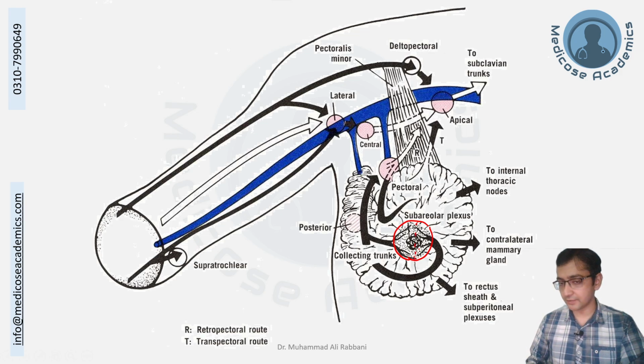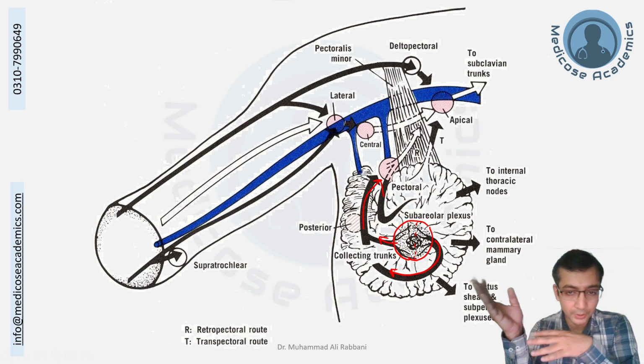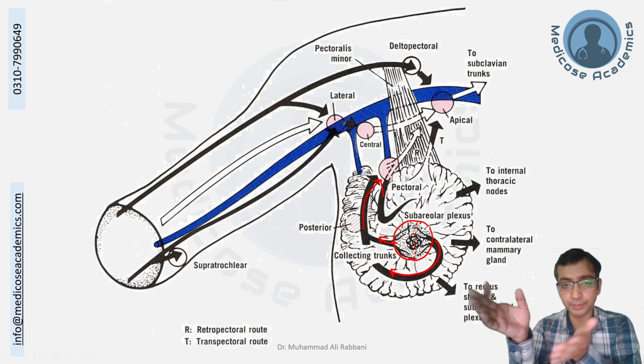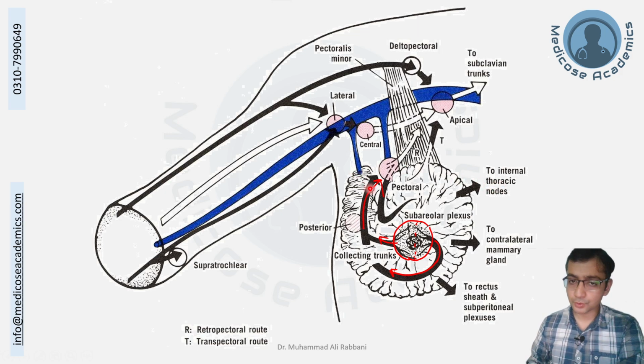On the medial aspect of the areola and the lateral aspect of the areola, the lymphatics go to the lateral aspect all the way to the pectoral nodes. So even if you know these 3 points, you will be set for the examination. The bulk of the tissue on the medial aspect goes to internal thoracic nodes. The bulk of the deep tissue on the lateral aspect goes to the pectoral nodes, and the skin below